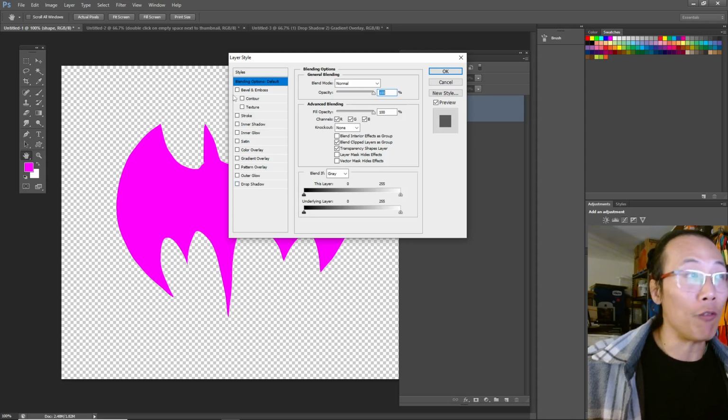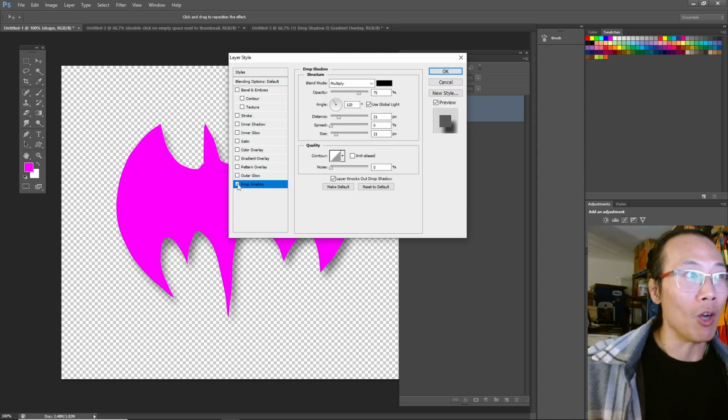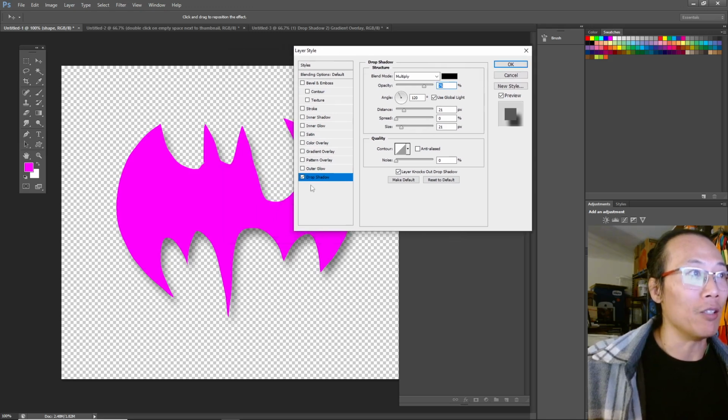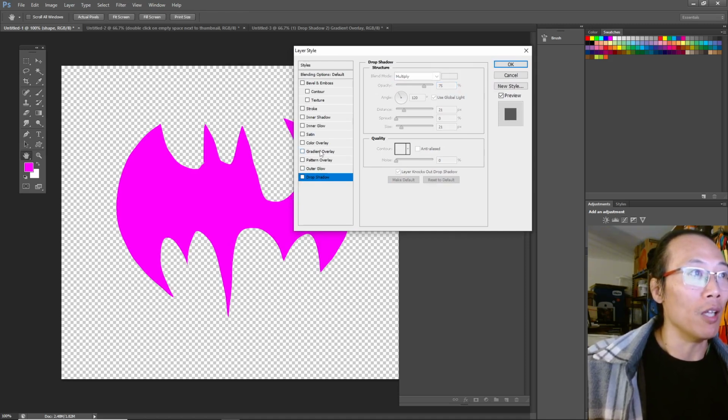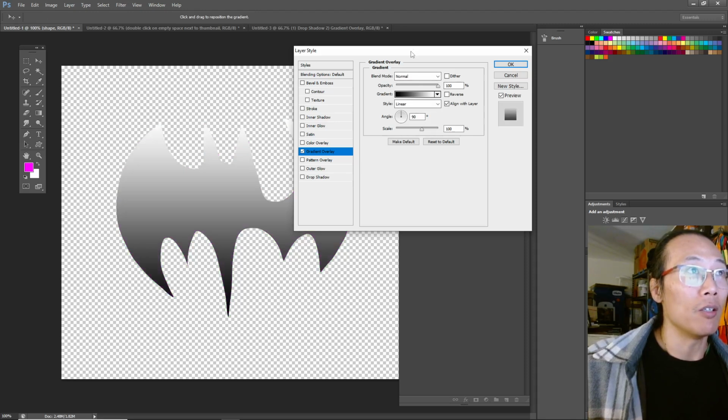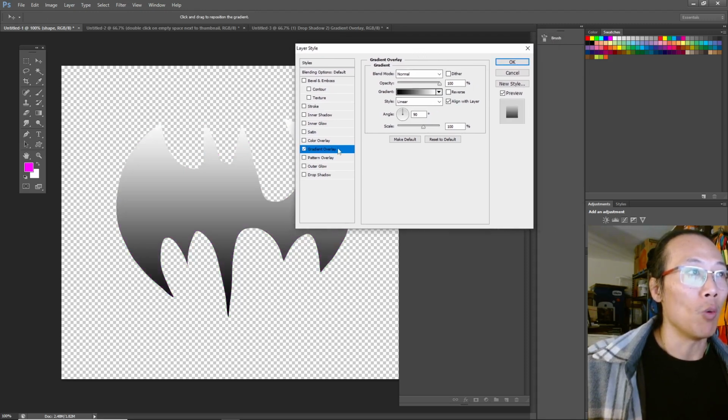You have to be very careful in this menu. It's designed back in the 1970s, so it was not very well designed. You can click on the word, but you can also click on the checkbox, okay? So the checkbox will activate the layer style. See how there's a drop shadow now? But clicking on the word allows you to access the attributes. Once again, clicking on the checkbox activates, turns on the effect,